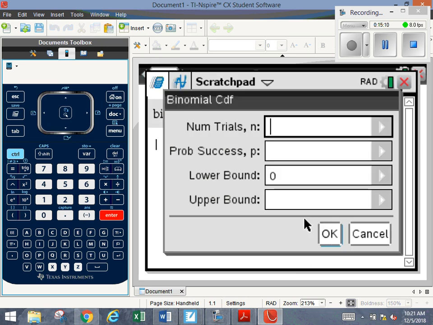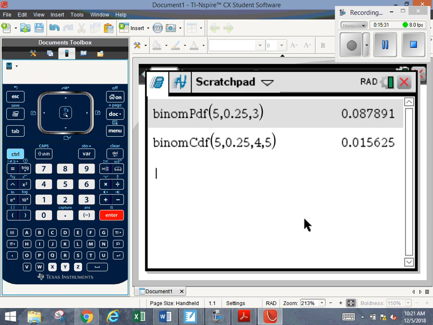Again, my number of trials is 5. My probability of success is 0.25. My lower bound now is going to be 4. My upper bound will be 5. We're talking from 4 to 5, right? More than 3 is going to be from 4. I hit OK. And I get approximately